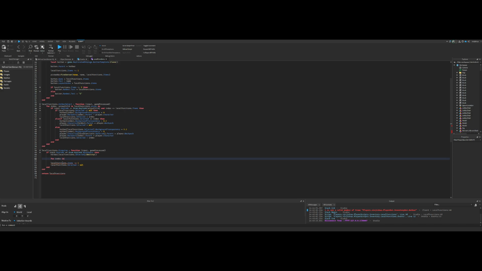So this is for index in, local functions dot items, and then local functions dot selected. And then we go down by minus 1, do,